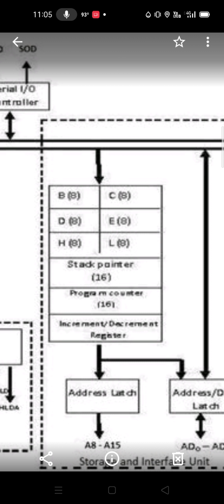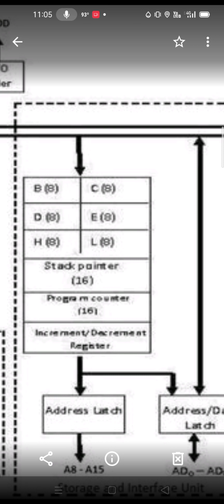Usually once the program counter starts, the increment and decrement are all done by the register, because you have to get the next instruction. So the program counter has the current instruction, and usually the next instruction. Once a particular instruction is done, the increment decrement register has the next element. Basically from the program counter it points to the particular stack element, and after that it separates into an address latch and a data latch.